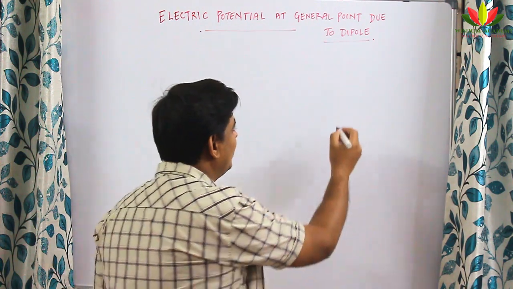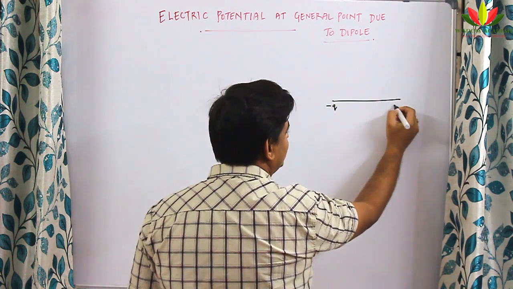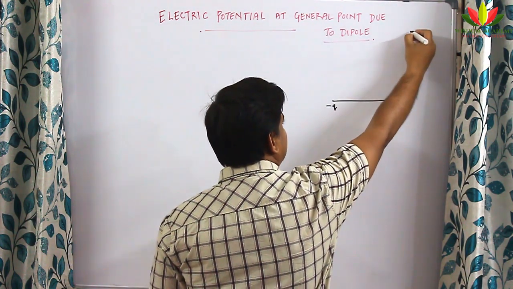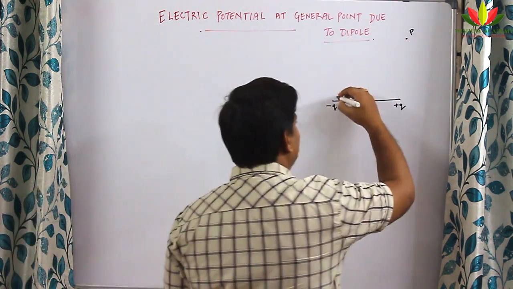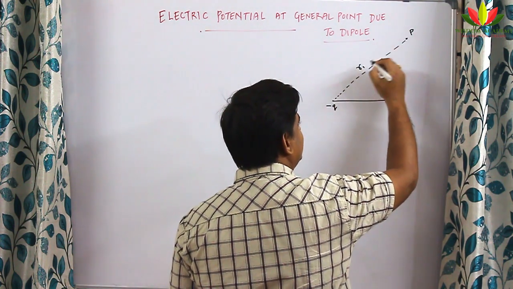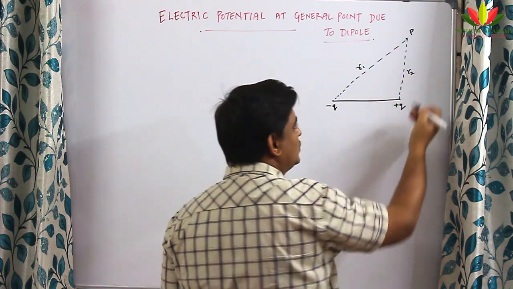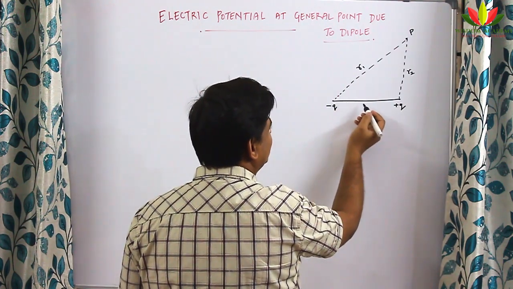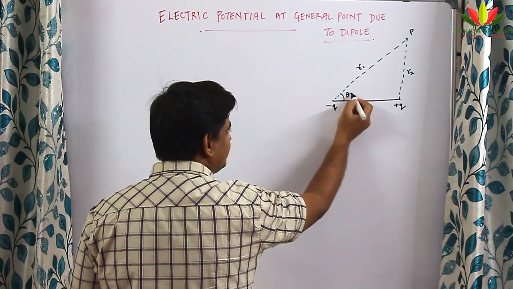Now we will take a dipole and we will take a general point at some angle. So dipole, this is minus q, plus q, and instead of taking some axial or equatorial point, I will take somewhere here a general point. Let the point be P, and I will try to find what is the potential at this point. So I need to join this line. Let this line be R1 and let this line be R2, right? So let us assume that this makes an angle theta. It will be used later.